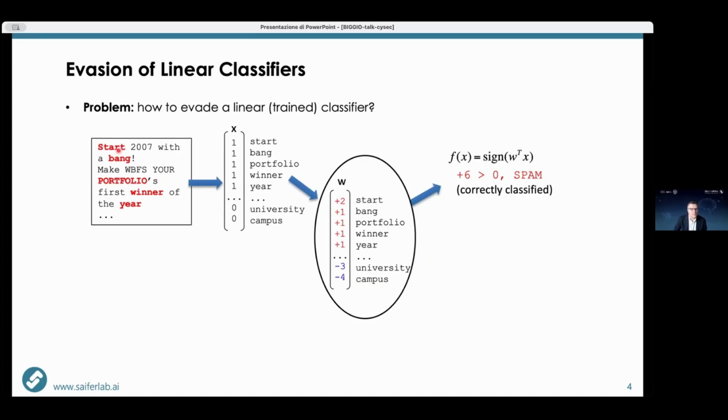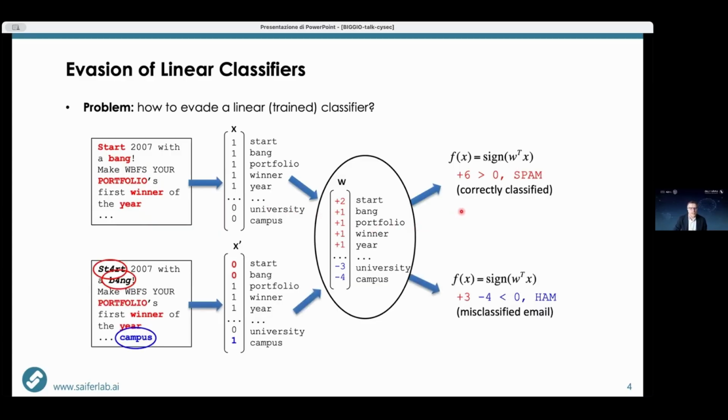So in this case, if you have a spam email that contains some of the bad words known to the filter, what you can actually do is essentially to modify these words and also add some good words to downgrade the score of the model, and then have your email classified as legitimate. Here, the intuition is that the attacker could modify words that have a high impact on the model decision, and then basically decrease the score. Where here, of course, the positive score means malicious, means spam. So that was fairly simple to show.